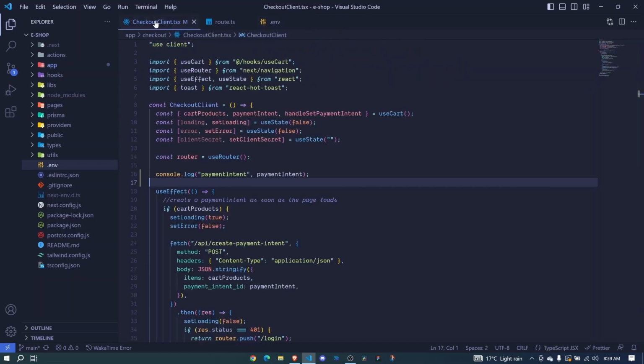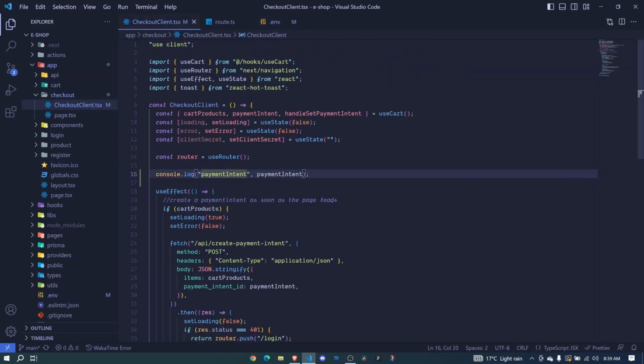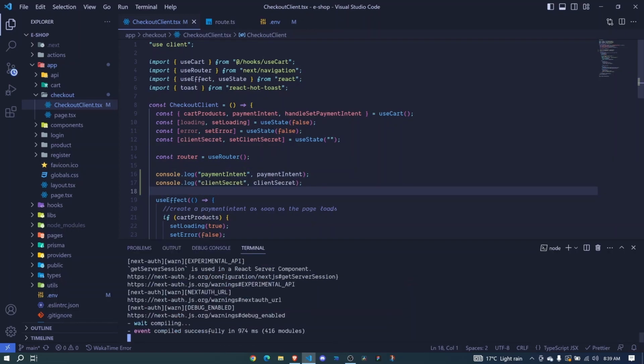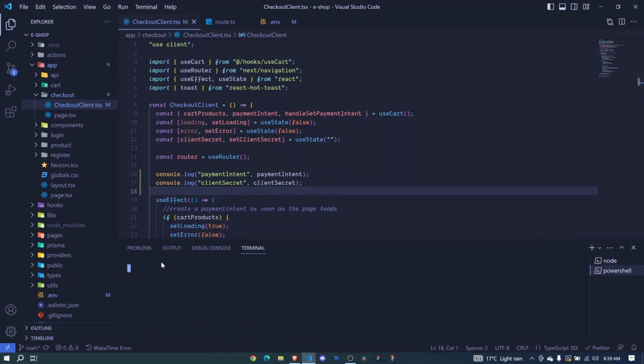Now at checkout client, I am logging payment intent right here to the console. And also I can log this client secret to the console as well. One last thing that you need to do is to make sure that your Prisma is in sync with your database. So I know we had already run this command for orders and so on, but I think you can run it again. npx prisma db push, hit enter,